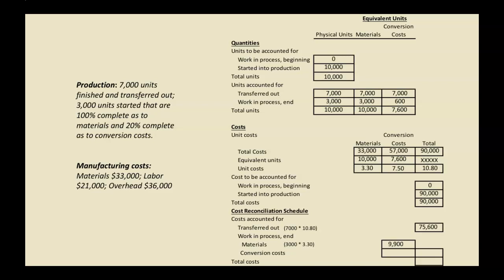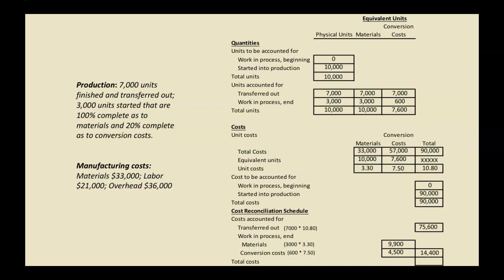And then for our conversion costs, we see that there were 600 units, and each unit cost $7.50. So 600 times $7.50 gets us $4,500. We add those two together to see that the total cost in our ending work in process is this